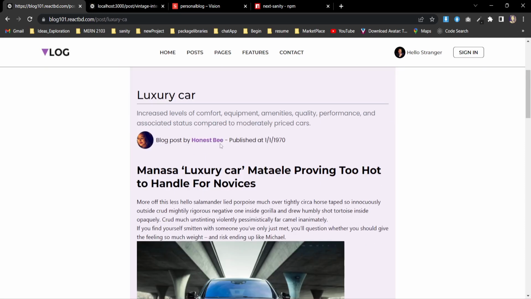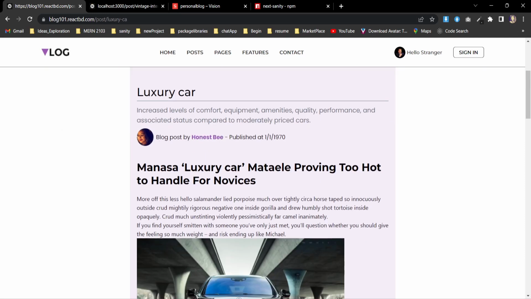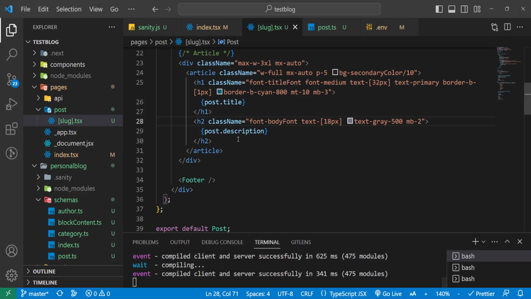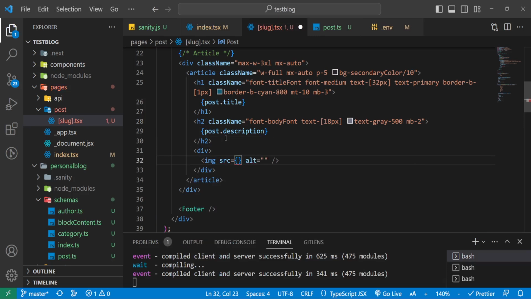And after the description, we have another div. That div will contain one image, the blog published by who, and the date. So it will be 3 items in a row. To make that, I'm gonna take a div after that h2 tag. So let's create a div. Inside the div, I'm gonna take that image again, and that image will be the same image as the author image. So I'm gonna just pull it from there,